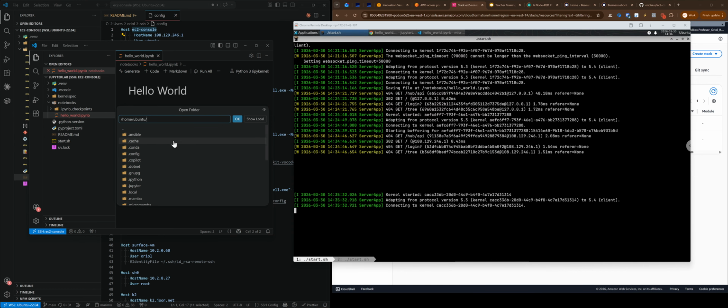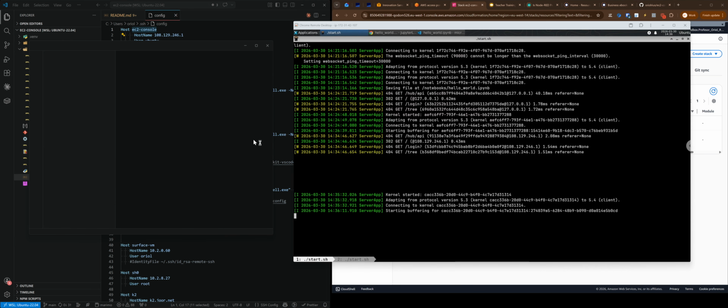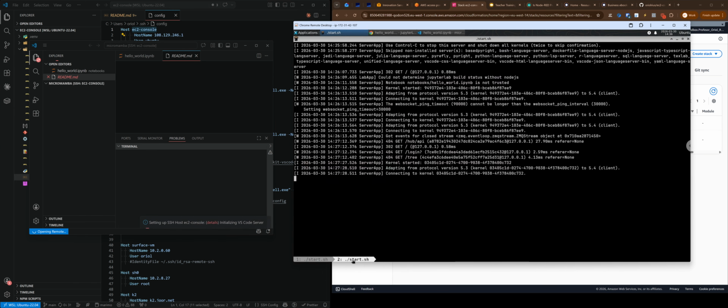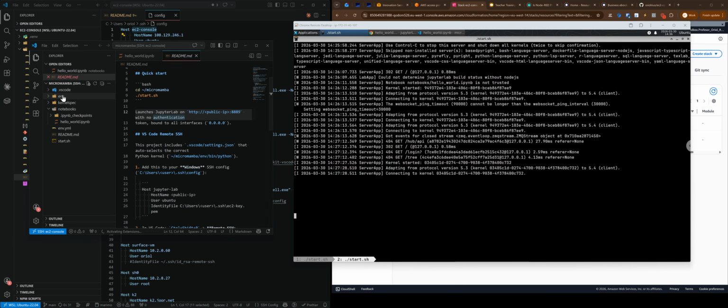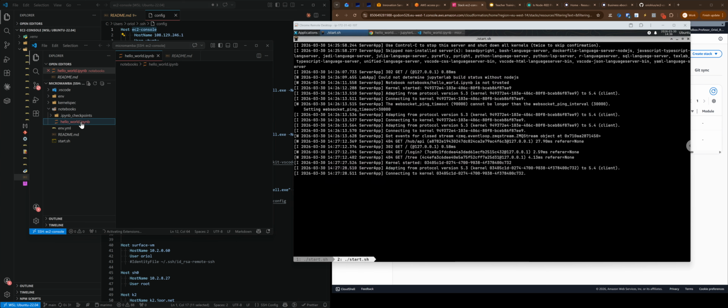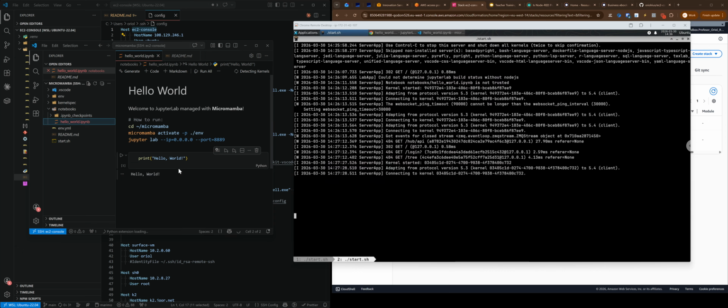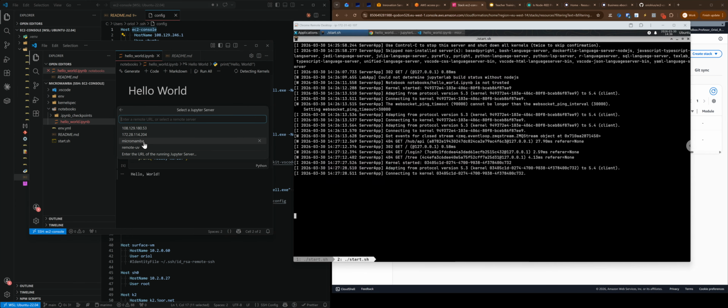Whoops, with Micromamba. Sorry, this is not the folder I want. This is the folder, Micromamba. Let me jump to the place where I have Micromamba running. I put some spaces, because when I'm connecting, I want to see the connection. I will open the Hello World notebook here. Here it is. And then it tries to detect kernels. I say existing Jupyter one, and I will say